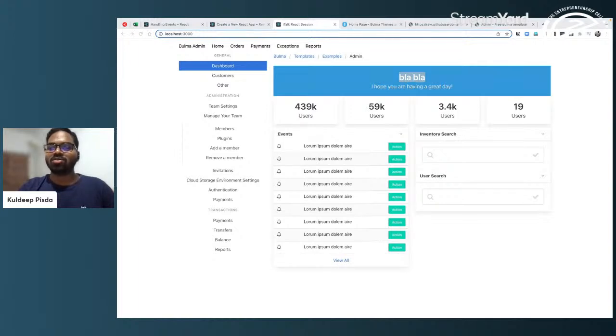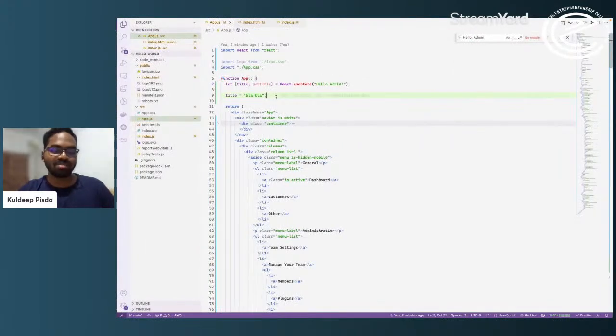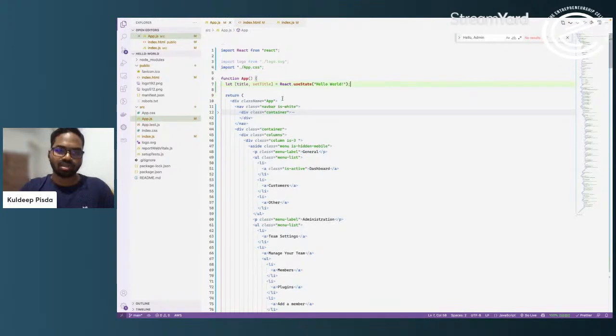Okay. So yeah, that is one way, right? That is why we are not going to update it directly. What we are going to do is use this setTitle function, and that is how we are actually going to update it. So let's see how we can update it. Let's remove this, and